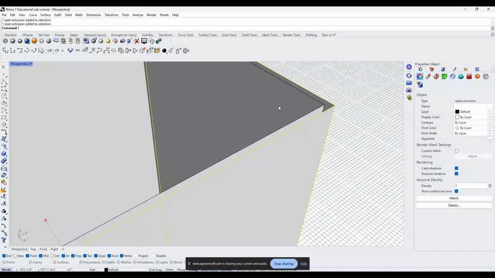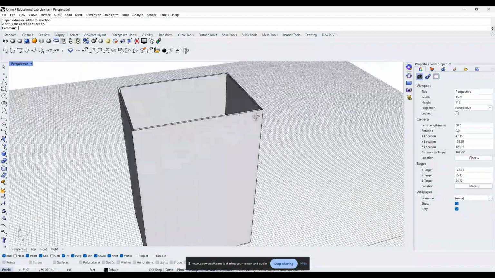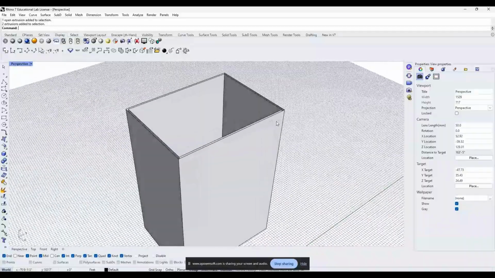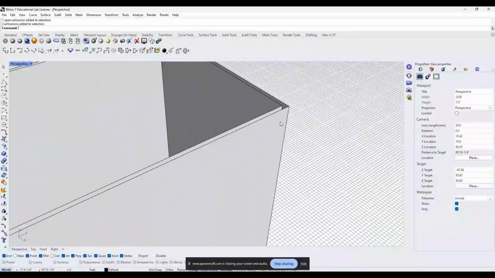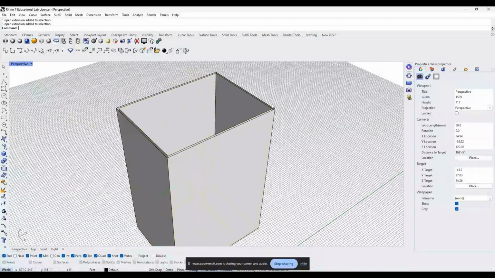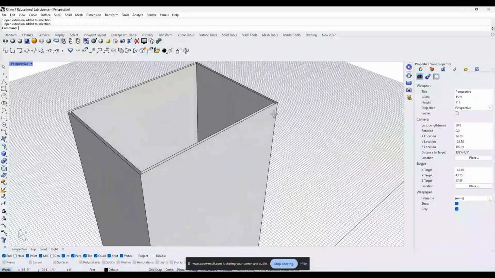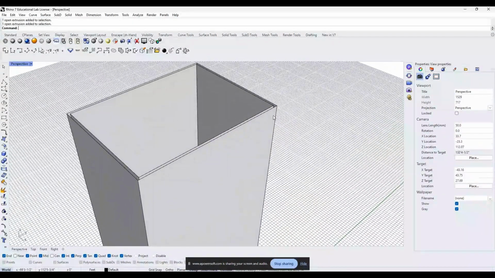When I click on that, you see one open extrusion added to selection. If I select both of them, it says two. It means these extrusions are not closed. These two surfaces are open. There's no cap, and I want to create a closed